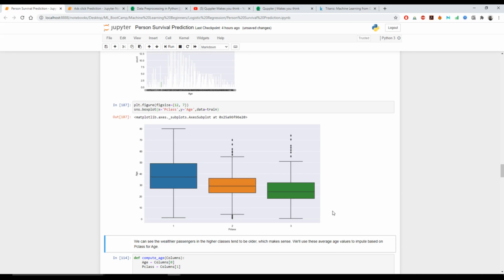For the third class it was a little less than the previous, which is actually true, because with age you acquire more wealth, and you travel in a better class.